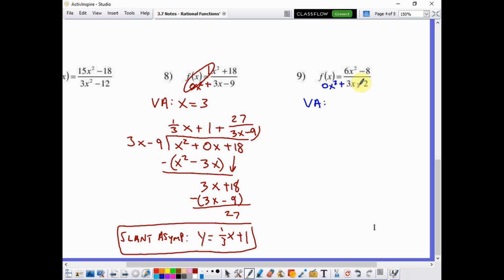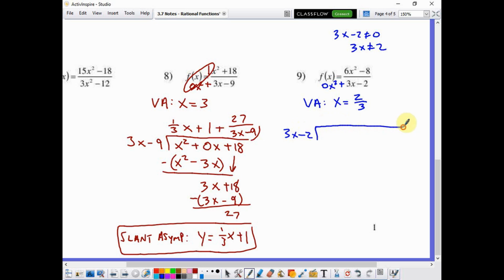3 times x minus 2 cannot equal 0. So I'll just go up here. 3x minus 2 cannot equal 0. When I move that 2 over, 3x cannot equal 2. So I divide by 3 and I'll get x can't equal 2/3. So I'm going to have a vertical asymptote at x equals 2/3. So there's my vertical asymptote. For the slant asymptote,